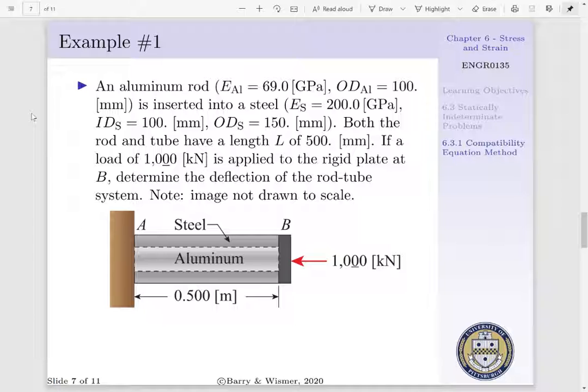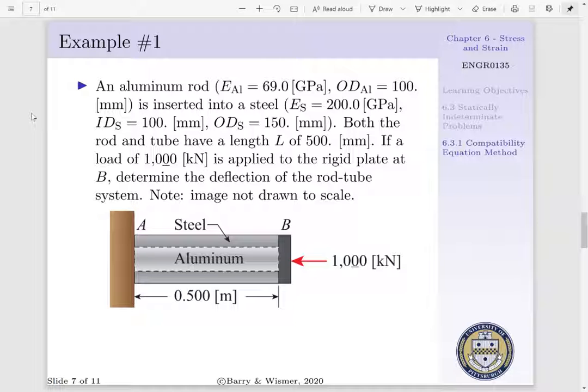Now the steel tube has an inside diameter of 100 millimeters and outside diameter of 150 millimeters. The modulus of elasticity of our steel is given as 200.0 gigapascal. Both the rod and tube have a length of 500 millimeters. If an applied load of 1000 kilonewtons is applied to the rigid plate B, we want to determine the deflection